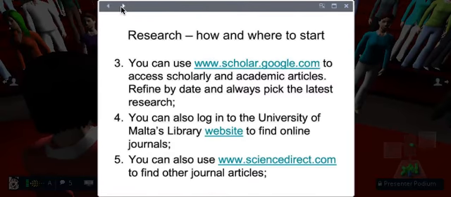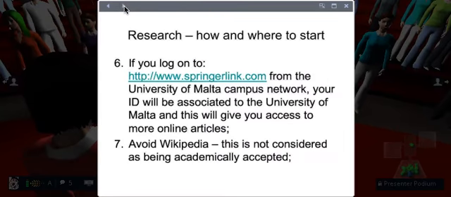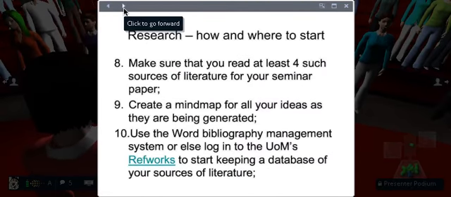There is a huge access to articles that revolve around education, and especially technology education. So I think that's another valid site that you can use. This is what I said about SpringerLink. So SpringerLink is also very good. And for now, I would avoid Wikipedia. It is true that at times I also use Wikipedia, yes, to read a little bit of general information, but I wouldn't quote any Wikipedia sources.